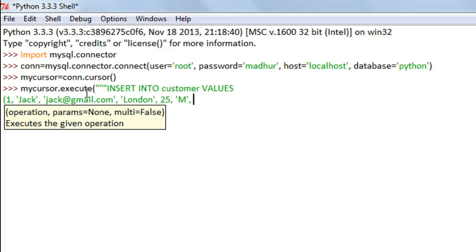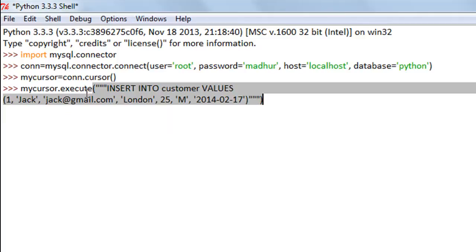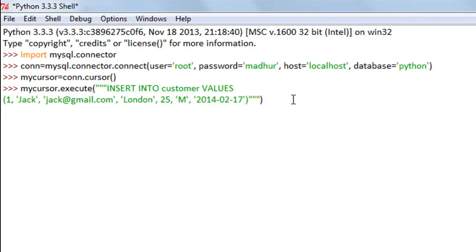And let's say Jack's last visit was on 17th February 2014, so I'll put in the year first, and then the month, and wait a second, am I typing it in the right place? Yeah, and then the date, which is 17th February. I'll put in the closing parentheses, and then the triple quotes, and then the closing parentheses for the execute function. And let me make sure whether I have everything in place, and seems good. So I'll press the enter key, and